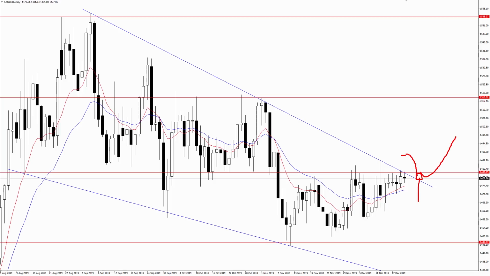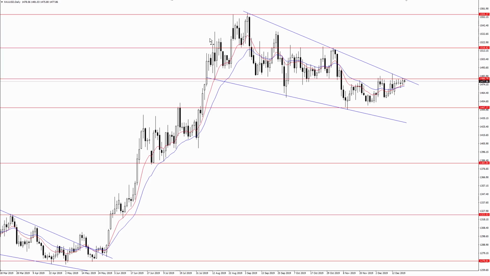But all in all, I do think that based on this uptrend and this recent consolidation, so this uptrend back here, this consolidation, this does point to strength in my opinion if we see a close above that confluence of resistance around 1480. Now, if we see a break there, the next key level I would keep an eye on is right around 1515. Alternatively, we could always see a rotation lower, in which case we could see gold move back to 1450, this horizontal support right back here.